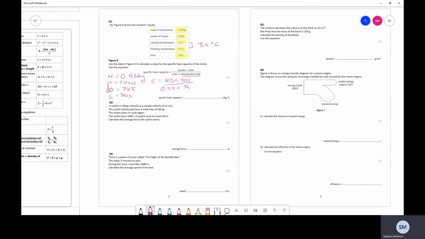Now I'm actually going to use my calculator for all this, because it will give you a more realistic idea about the amount of time that you should be spending on each question. Oh, and I just messed that up, so it's going to take me a little bit longer. But remember, if there's time to do it again, there's also time to do it right the first time. Now, it's not asking me for any significant figures or anything, so I'm absolutely fine in writing down the full answer that I've got,